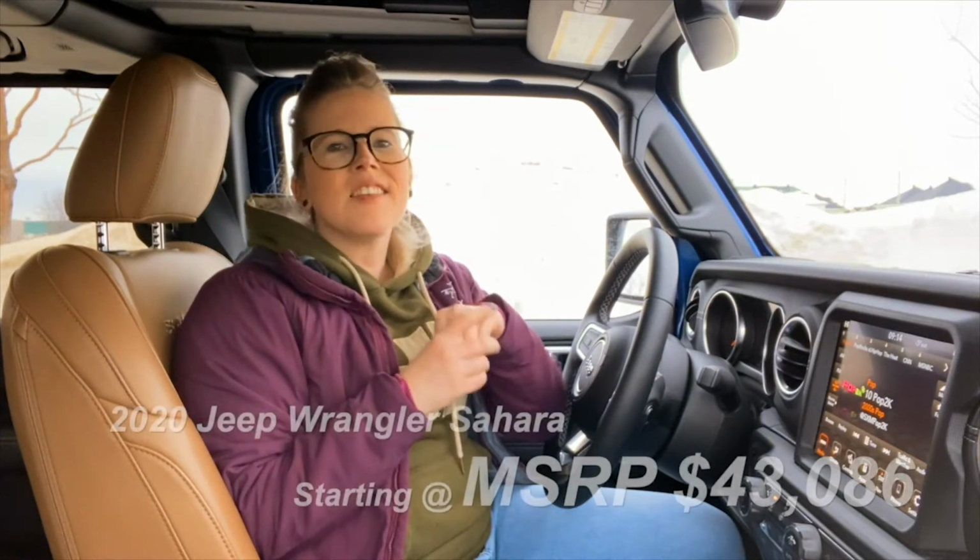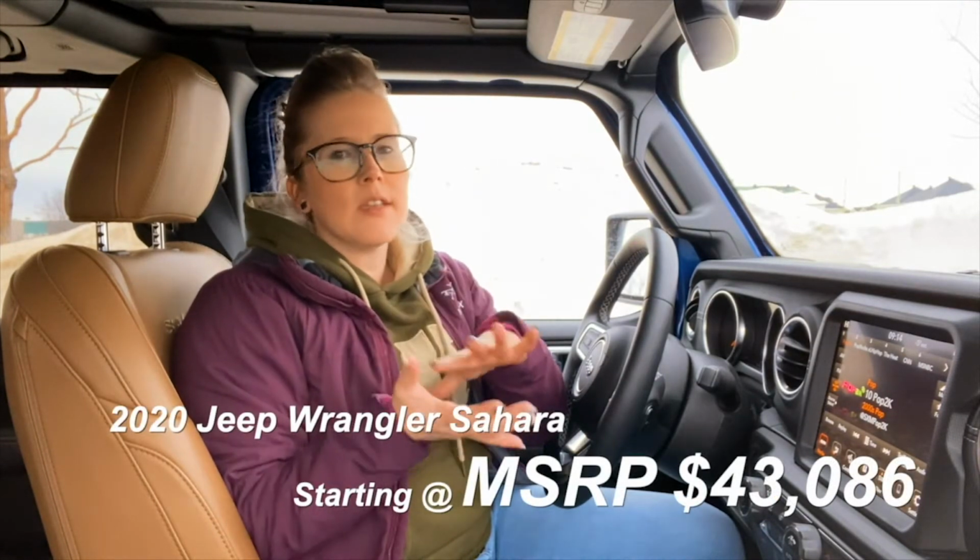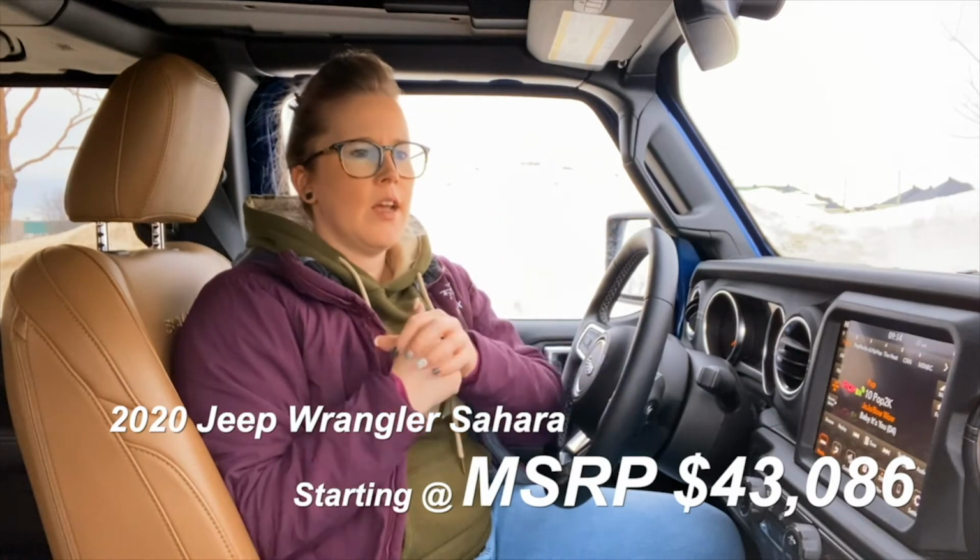Anyway, so the 2020 Jeep Wrangler Sahara Eco Diesel, I'm not going to say much about the interior only because I know you've watched my Gladiator and this is essentially the same thing. Of course, you're going to see images here now because I'm such a good videographer. So the only difference really between the Gladiator and this Wrangler, especially because it was the Gladiator Mojave, is that